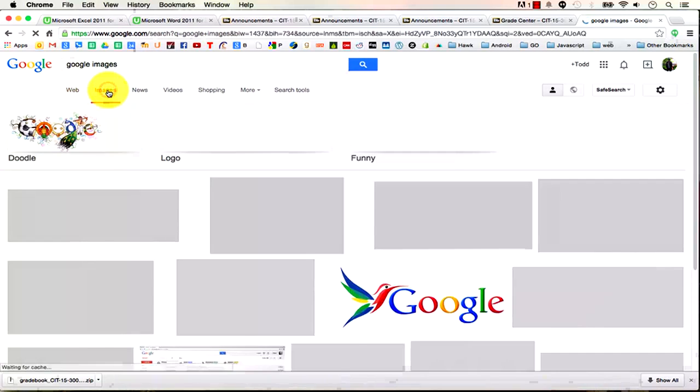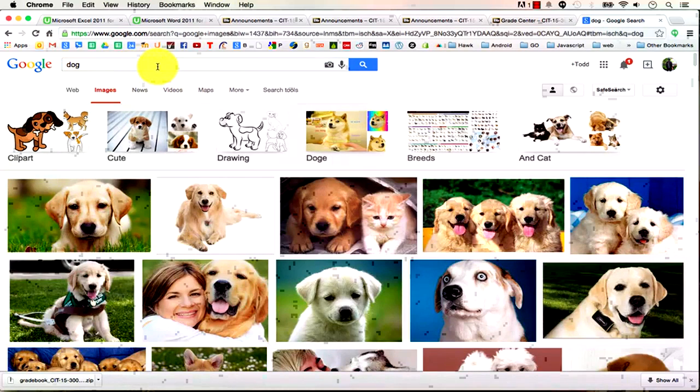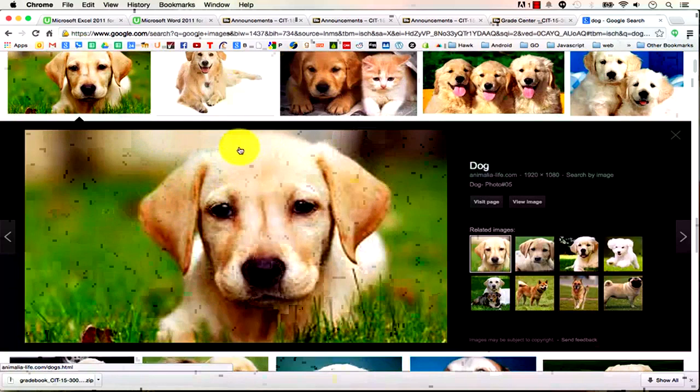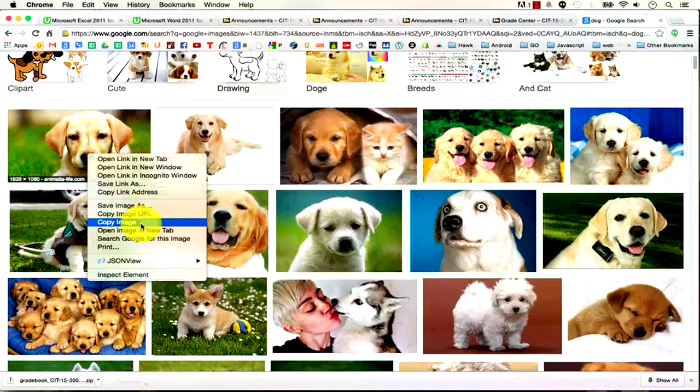So you could go to Google Images and you could search for any type of image, right? Obviously, you know that. So there's a dog, and here are pictures of dogs. Maybe my paper's on dogs, and I like that dog. I'm just going to close that one and take the small one here, right-click it and choose Copy Image,